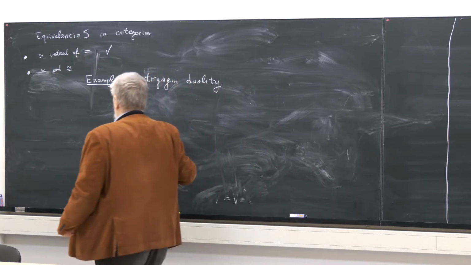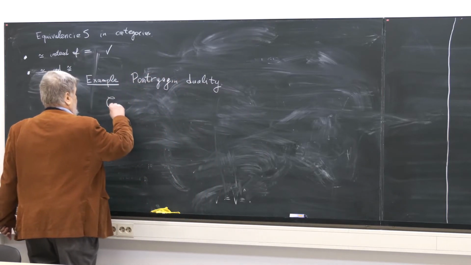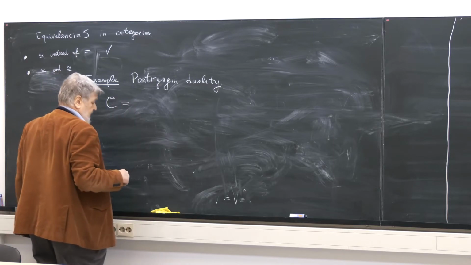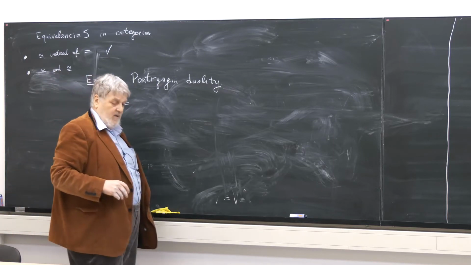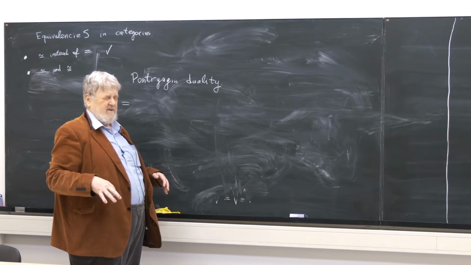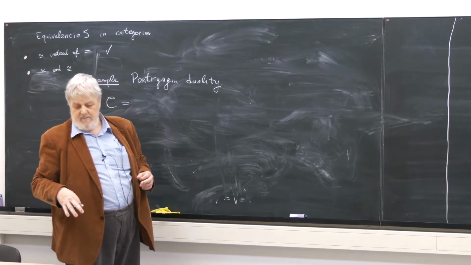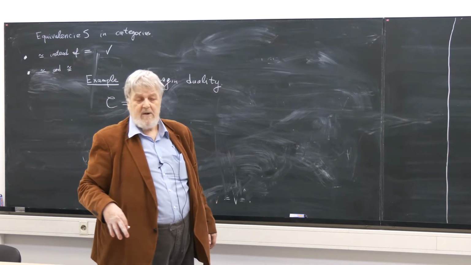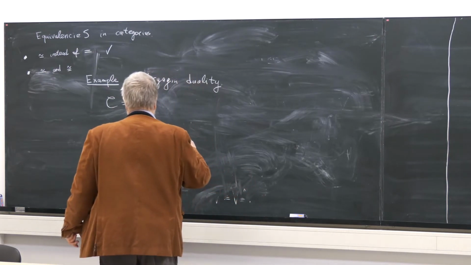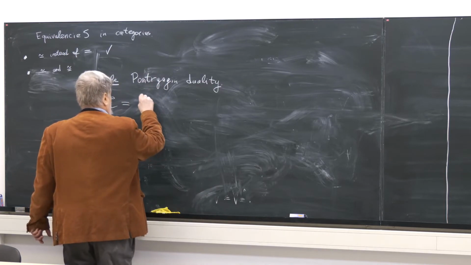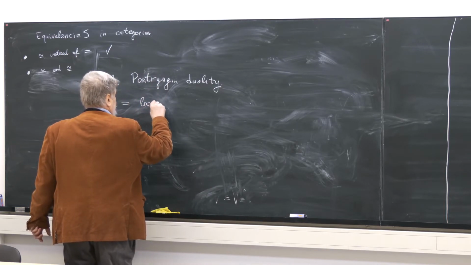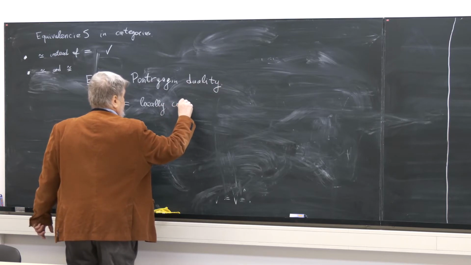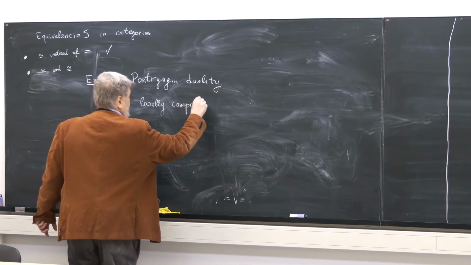So here our central category is the category that I can describe only in words, because it's perhaps the first time when we merge two kinds of structures. So it is the category of locally compact